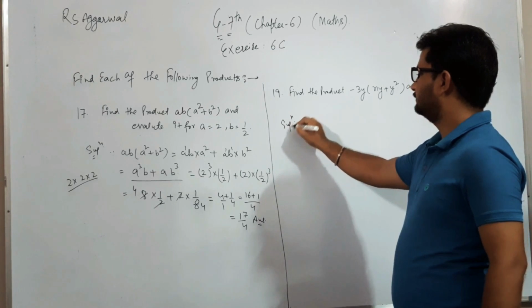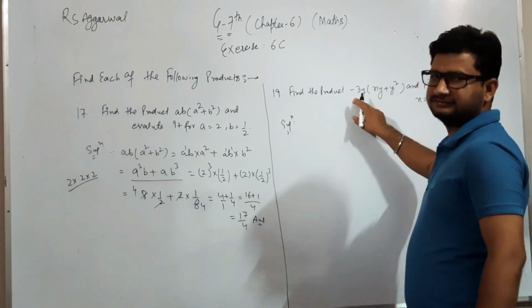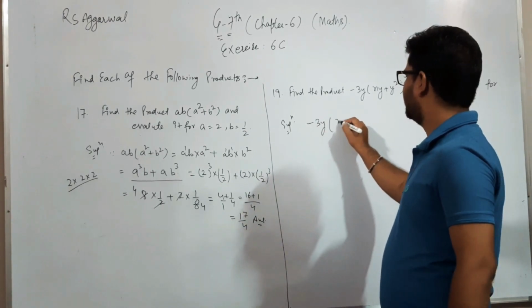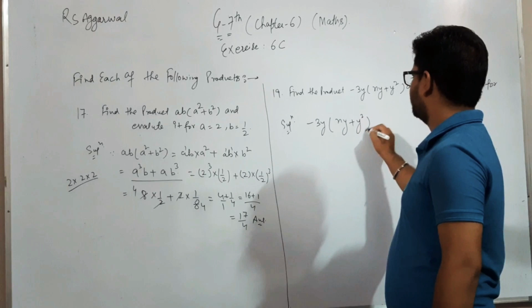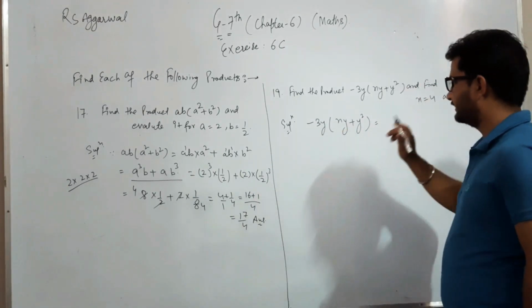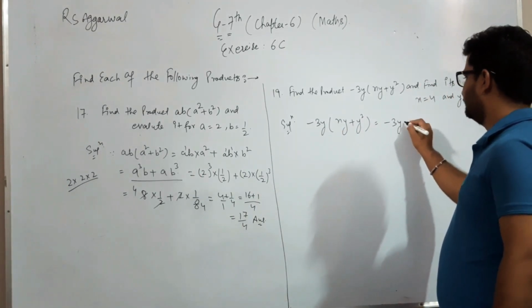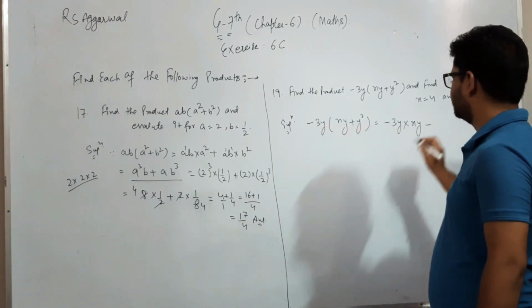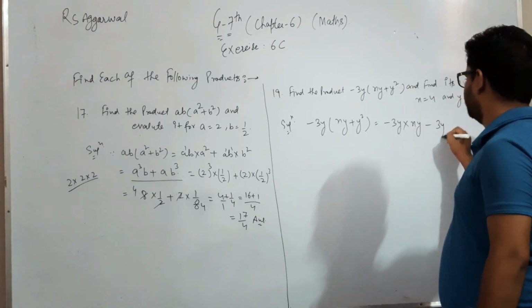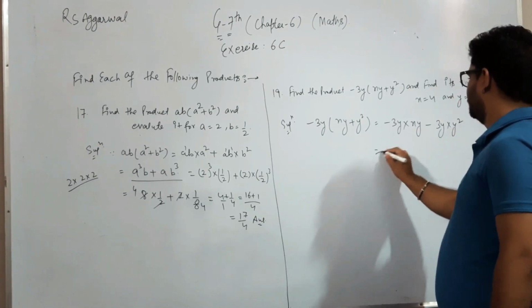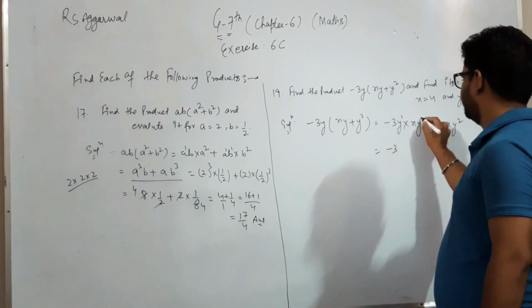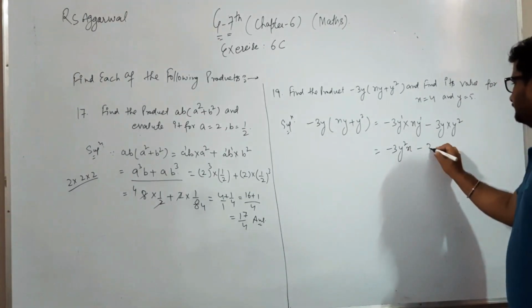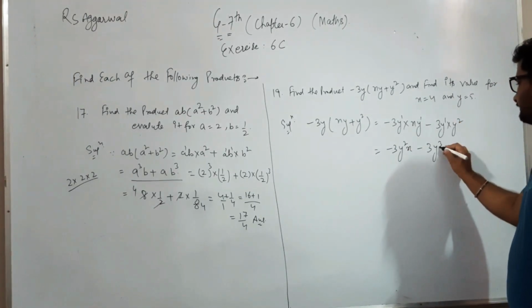The solution of this question is, first we multiply this minus 3y with xy plus y square. So we write here minus 3y with xy plus y raised to power 2. Minus 3y first multiply with xy, then we write minus 3y is multiplied with xy. Then minus plus, the sign will be minus, then we write 3y multiplied with y raised to power 2. So the answer is 3 y1 y2 it is y2 into x, then minus, then 3 y1 y2 it is y3.